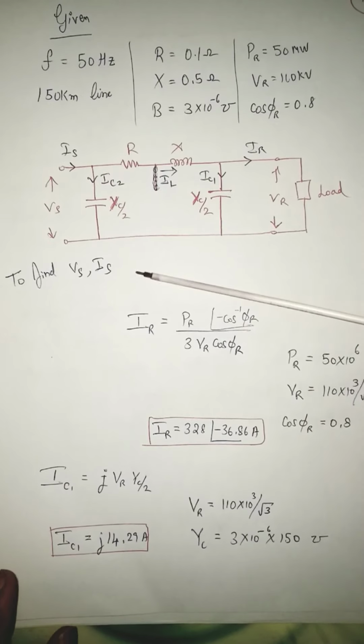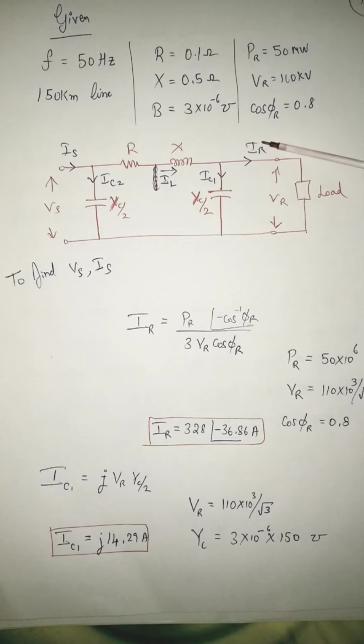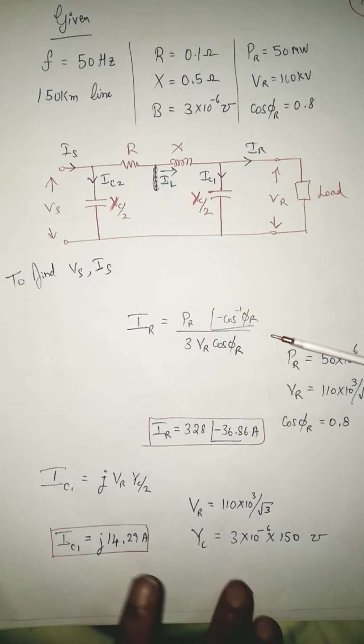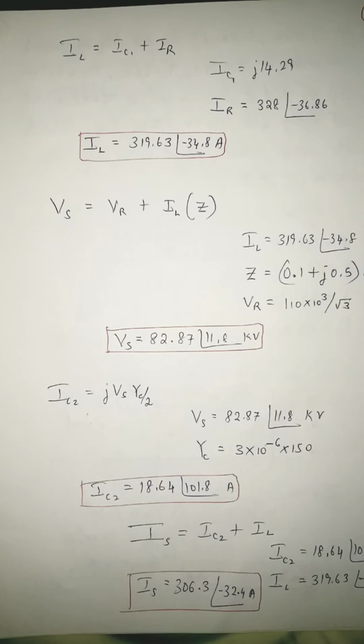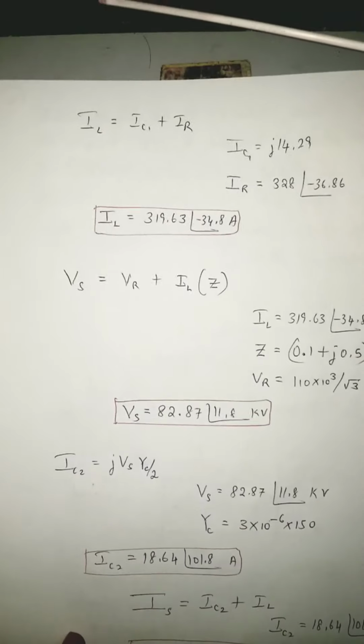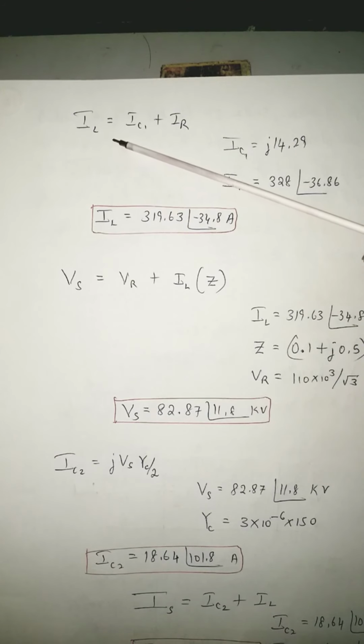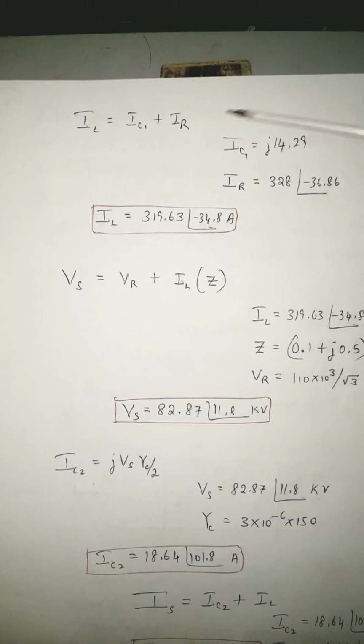So while tracing back, now I know IR, I have calculated IR, I have calculated IC1. Next I should calculate IL by applying KCL at this particular node. After IL, automatically I'll use KVL here, then I'll be calculating the voltage across this capacitor, then IC2, then IS. So if I use KCL at the second node, as I showed you just now, IL is equal to IC1 plus IR. IC1 I have calculated in the previous step, IR also I have done before. Add them, you'll be getting IL.